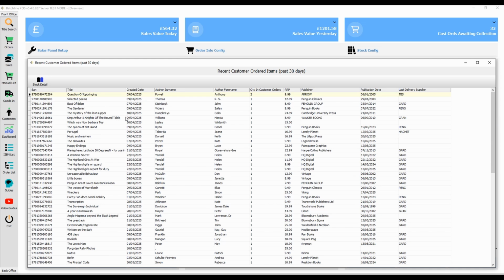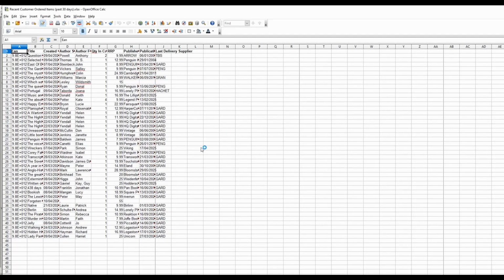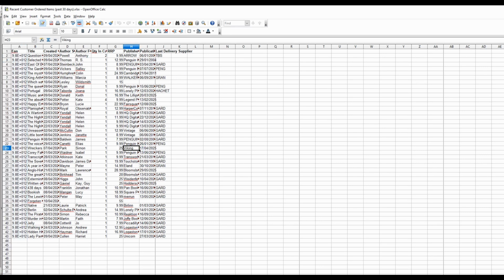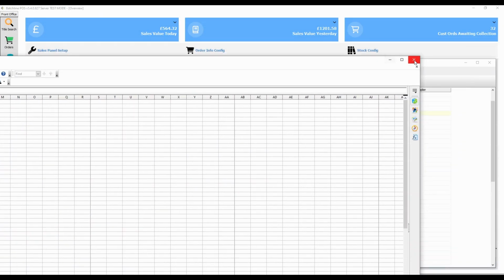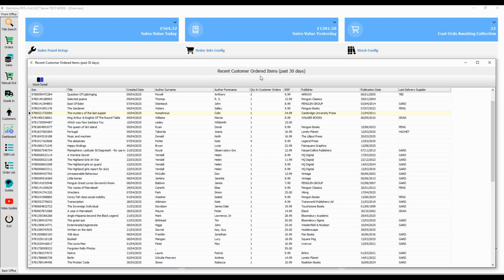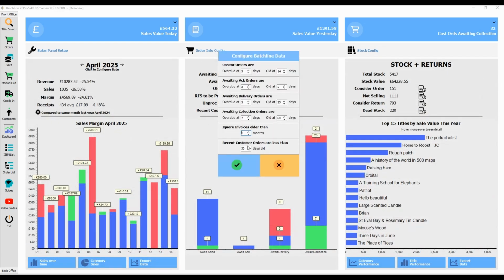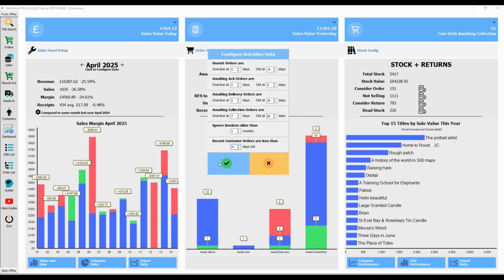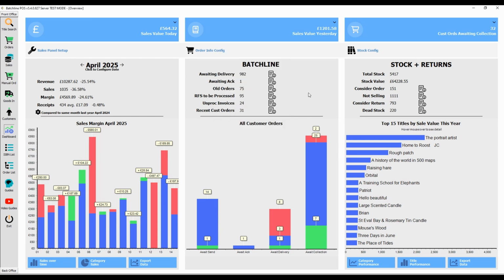And like everything, we can right click here and we can make an Excel document out of that, and do whatever we would like with that Excel document. And that's anything that's been ordered in the past 30 days. Again, that's configurable, so we might want to just look at the last 21 days or whatever here. So that's a quick overview of the stats we can see on this central BatchLine tab,